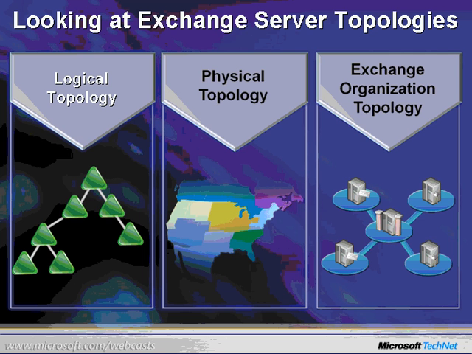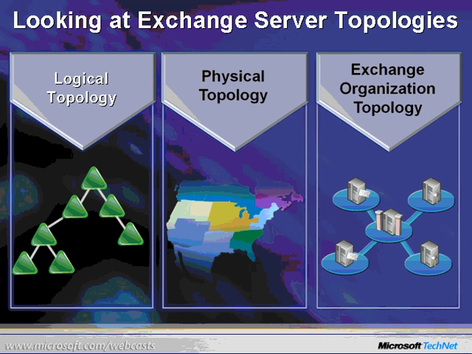If we go and look at our physical topologies, then the physical is where you're going to actually place your servers, or looking at where might I place servers. Am I going to go with a single server, a multiple server deployment? Do I have multiple sites? Do I have a centralized server environment or centralized administration and so forth? Because then you do look at where people physically sit. You take a look at the bandwidth connections and you decide how many servers, placement of servers,